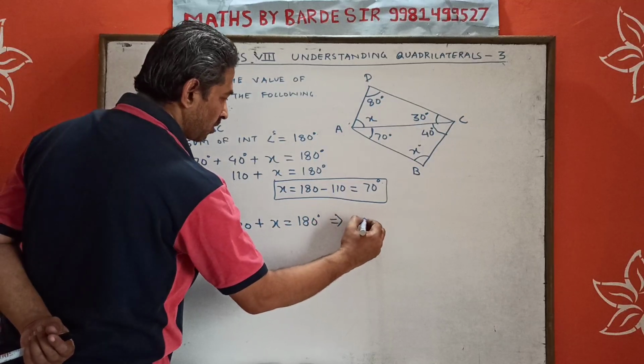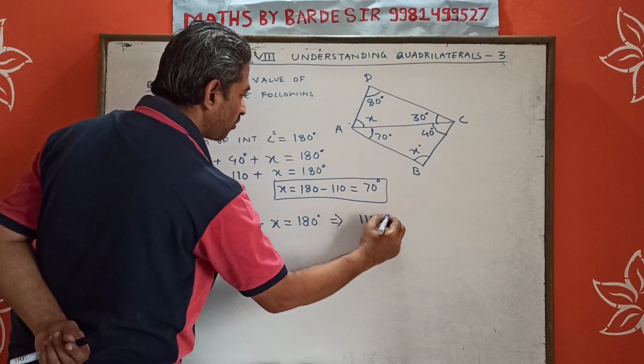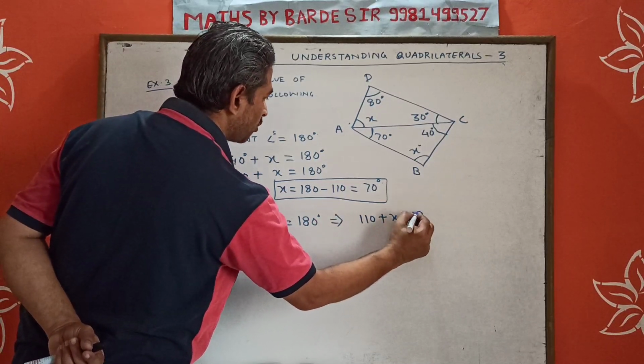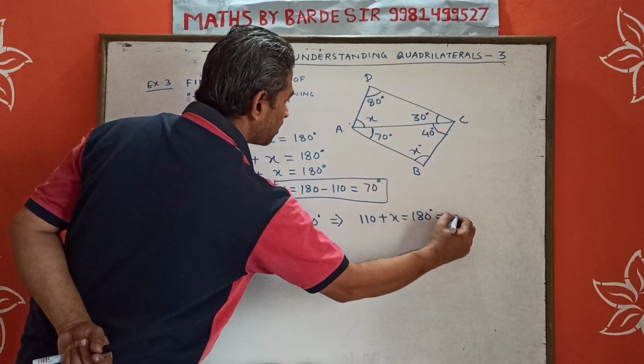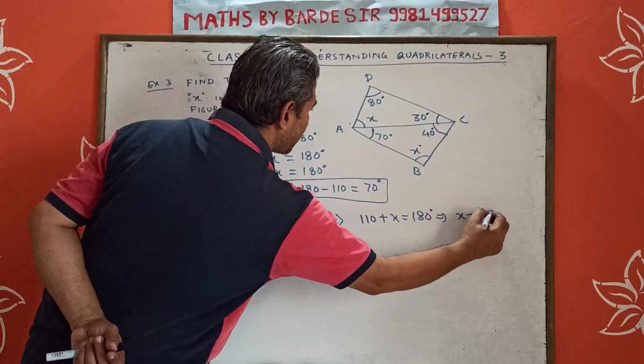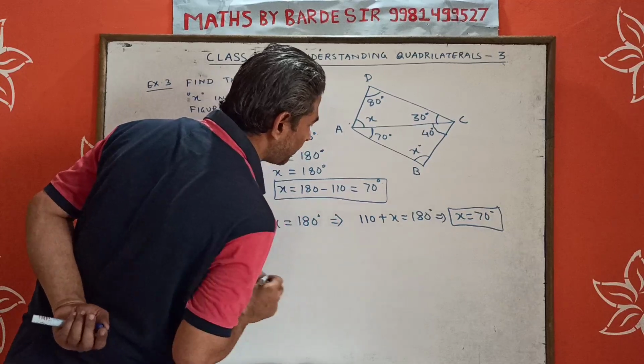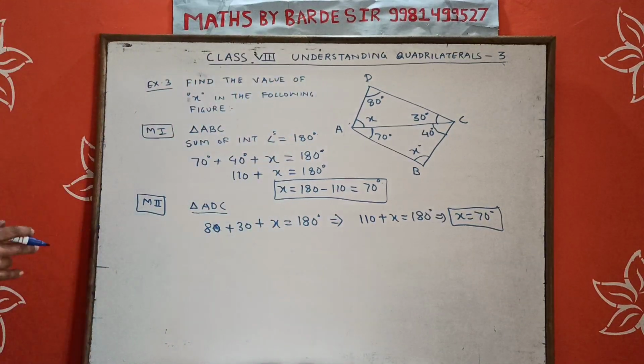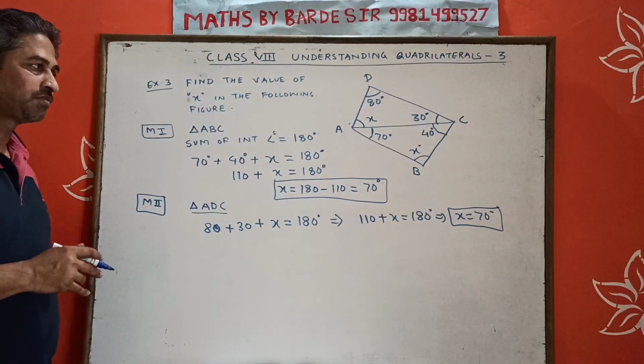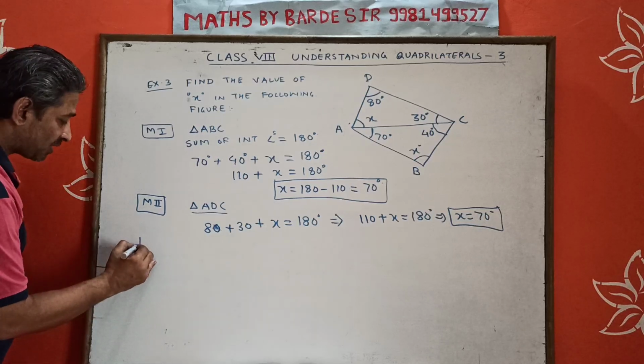Therefore 110 plus x is 180 degree. So again we get the same thing, x is equal to 70 degree. Whichever method you apply, the answer will be the same. Third method,